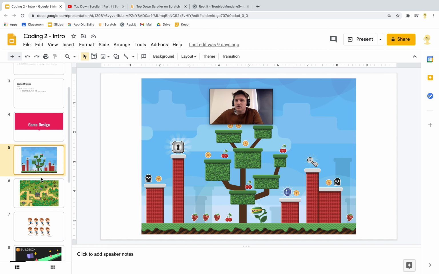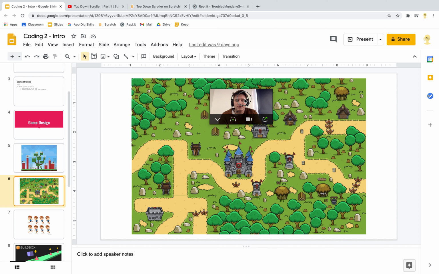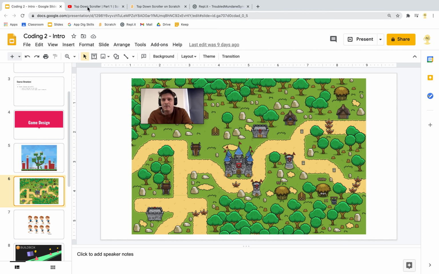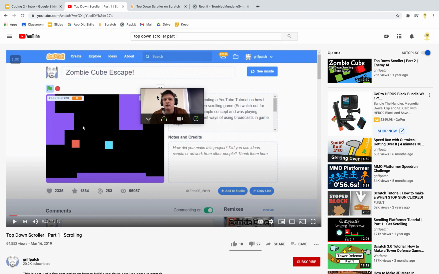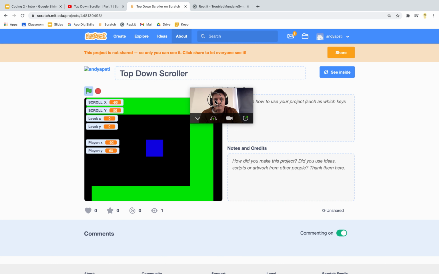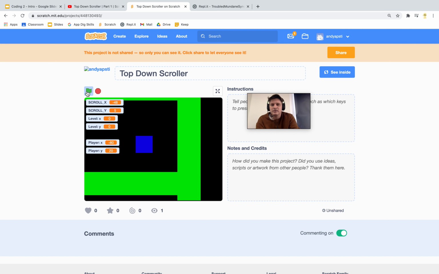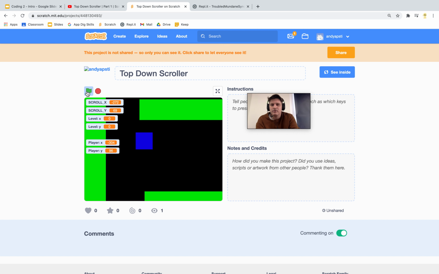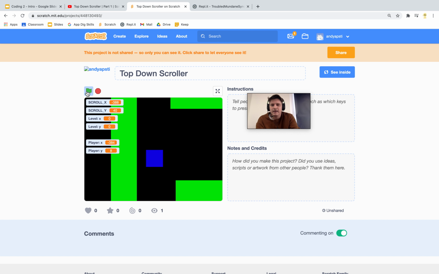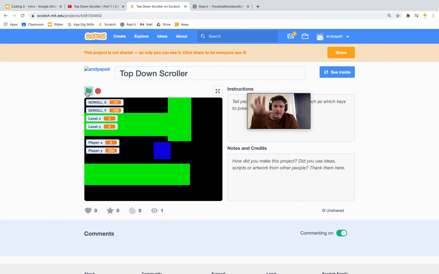If you followed Tuesday's YouTube tutorial, you will have learned how to make a top-down scroller game like this. This was the tutorial I sent to you guys, top-down scroller part 1, scrolling. This was what I came up with by following that tutorial. As you can see, I can guide my little square around the little maze that I made, and as the player moves, the map scrolls with it,